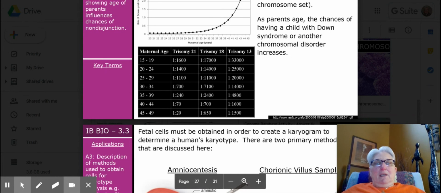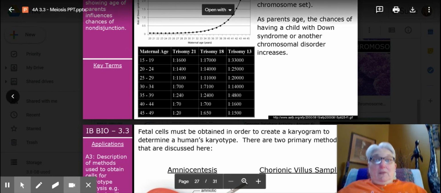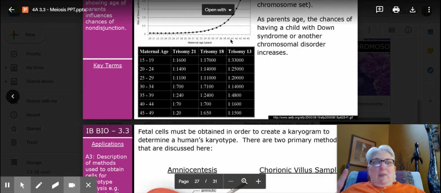As long as we're talking Down syndrome, usually around age 40, look right here, a mother who's having a child, especially the first child, at age 40 or older, you can see how exponentially the odds of having non-disjunction occur in that female